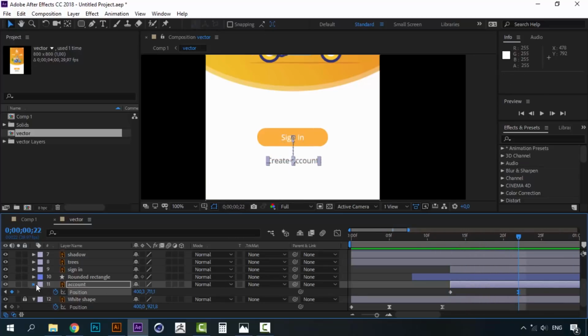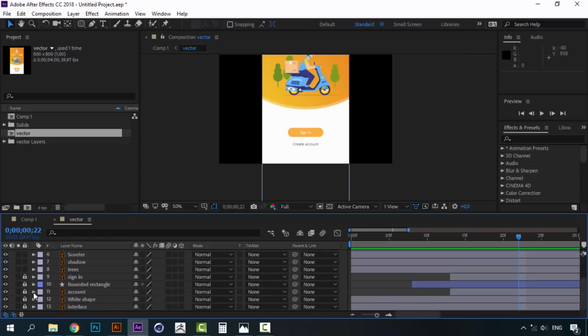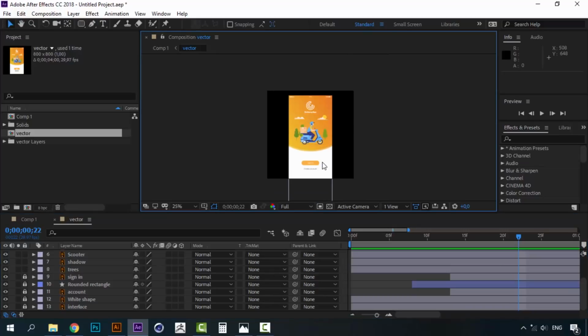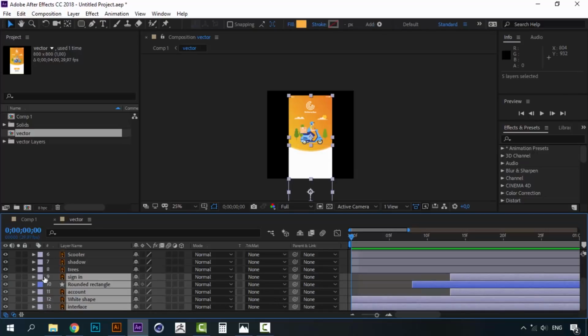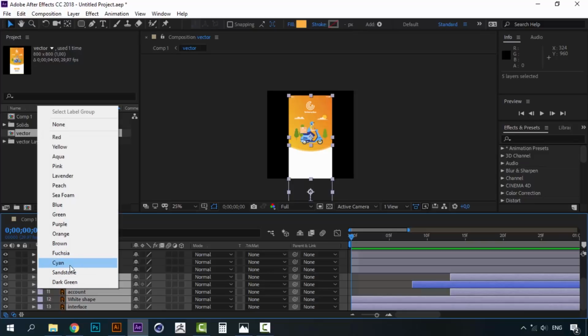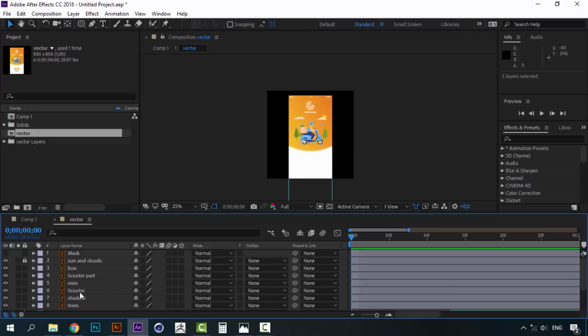Alright, now we're done with this bottom part. We can lock everything so we don't touch it by accident. Let's see how this looks. Alright, we're good over here. Now, what I did, just for the sake of keeping things nice and neat, I grab everything on the bottom except for the interface, or even the interface, and I change the color to a cyan, so I know that these layers won't be touched anymore. Alright,